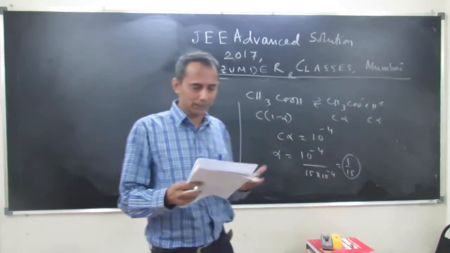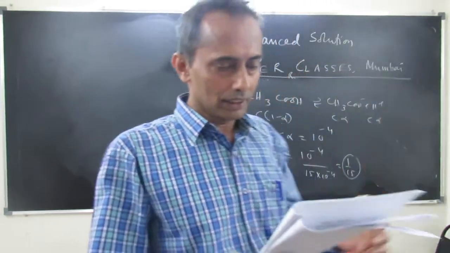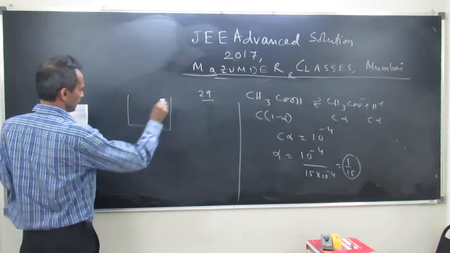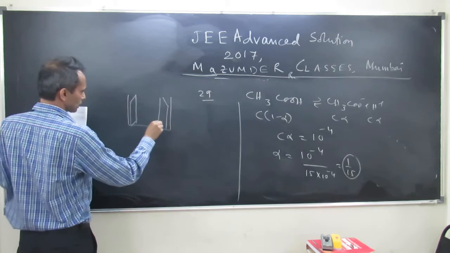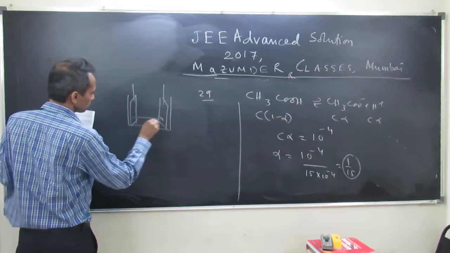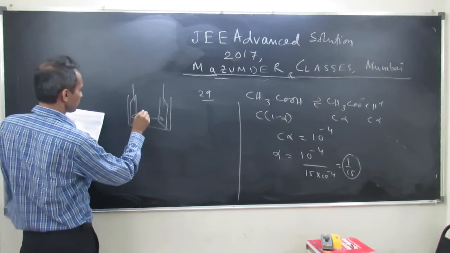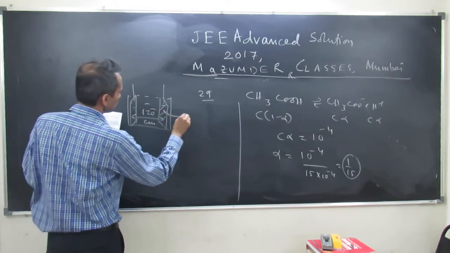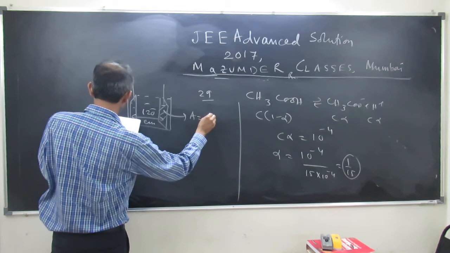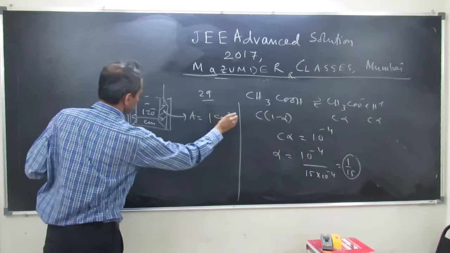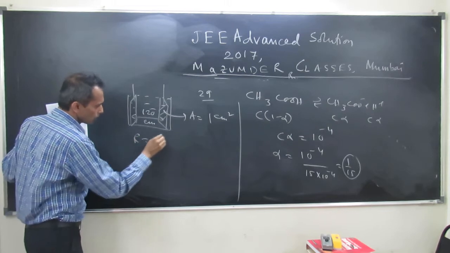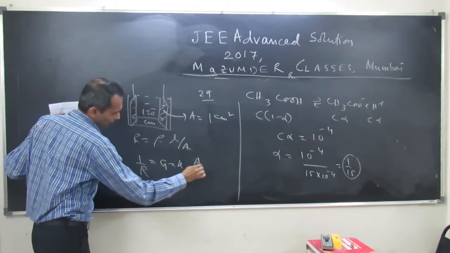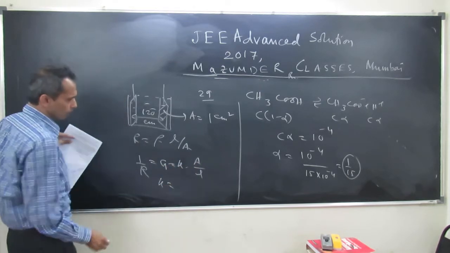Now, come from the basics once again, what they have said. They have said that the distance between the electrodes is 120. So suppose it's a cell, and the electrodes are like this, the distance between them is 120 centimeter, and the cross section area where the solution is, is 1 centimeter square. That means we know R equal to rho into L by A, so 1 by R equal to conductance G equal to kappa into A by L. That's it. So once you get kappa you can easily calculate, because kappa is equal to L